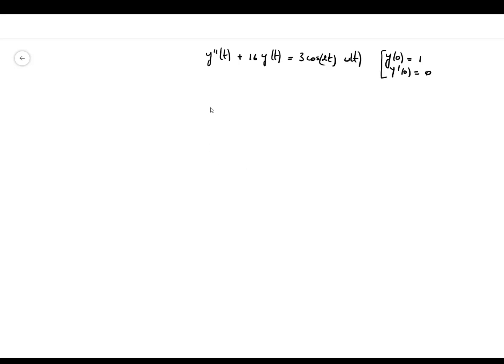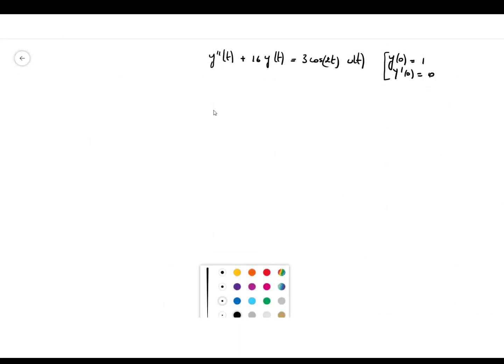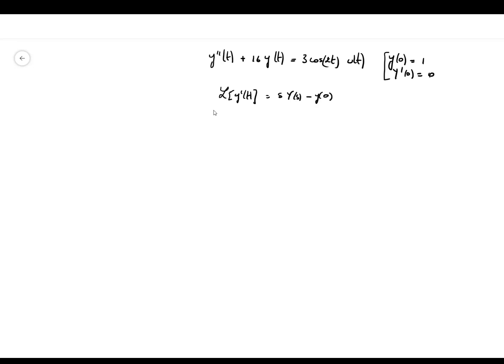So we know that the Laplace transform of the first derivative is given by sY(s) minus y0, right? And we know that the Laplace transform of the second derivative will be